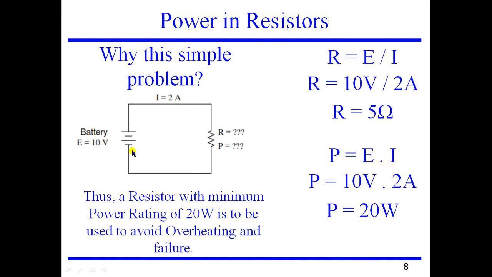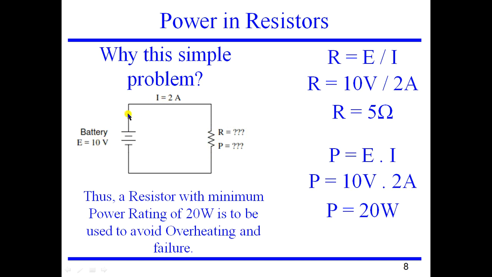So you have this simple example of 10 volt that is being supplied, and you know that there is 2 amps current that is coming to the circuit, and there is a resistor connected over there. The question is to find the power dissipated and the resistance R. When you find this, you will be able to understand why this particular simple example was given to you.